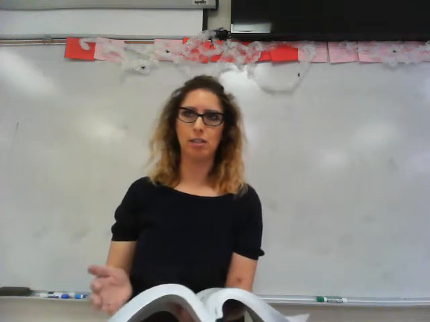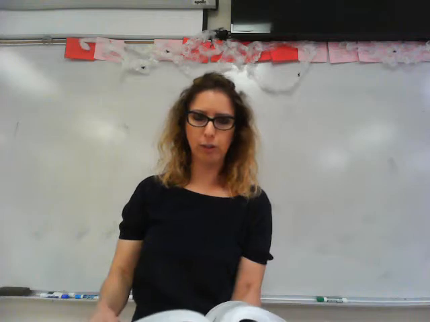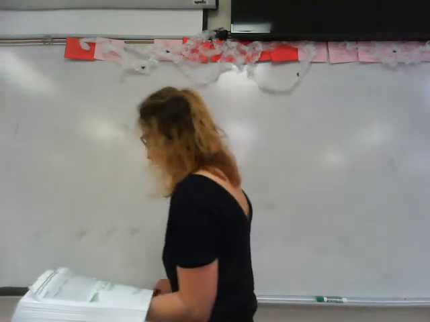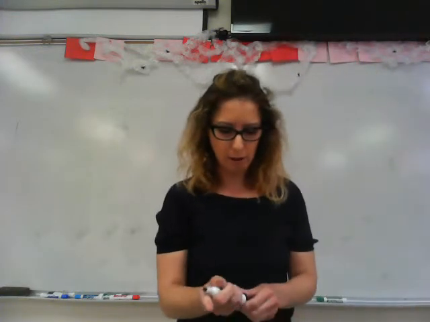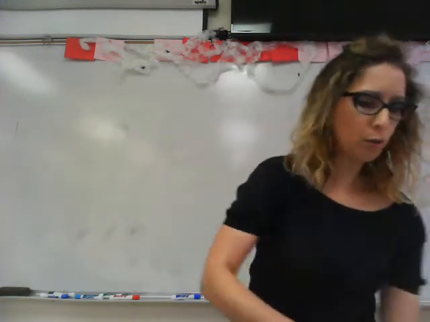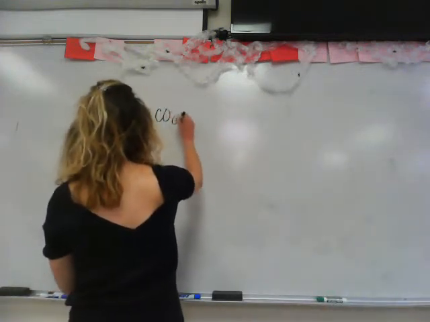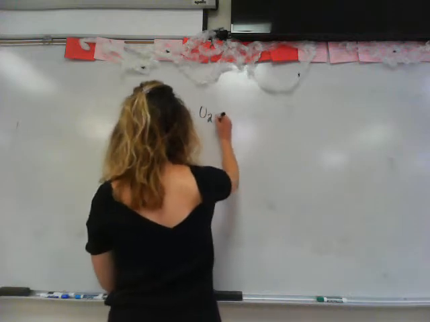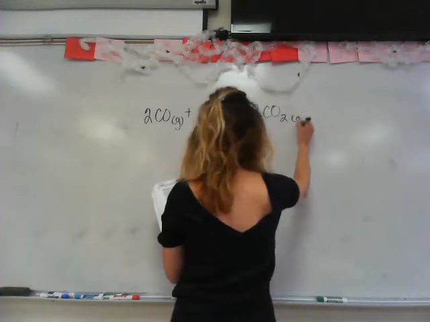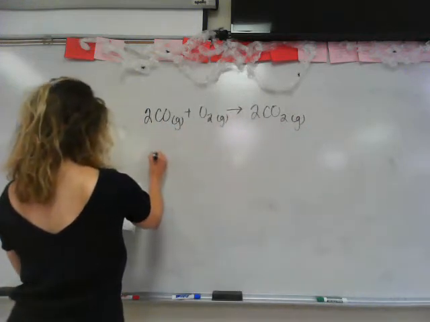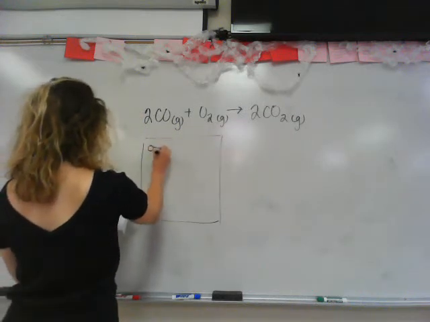It's often calculated. Okay? All right, so what we're going to do is take a look at the quick check, because the quick check does a really good job of introducing this concept of limiting reactants. So if you take a look, it says, consider the following situation. You have 2 carbon monoxide molecules plus 1 oxygen molecule producing 2 carbon dioxide molecules. And then they told you underneath in a box that you've got